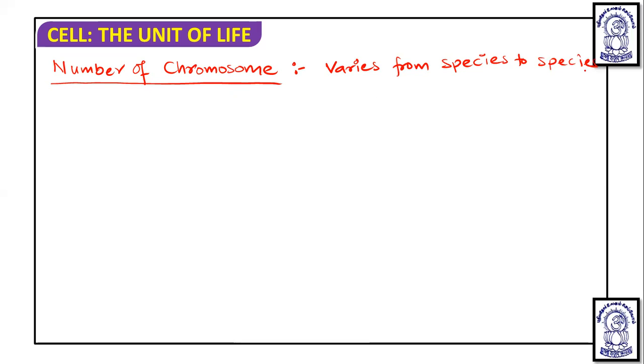It varies from species to species, but is fixed for a particular species. This means that if it is a Homo sapiens, we know there are 46 chromosomes, and in every individual of Homo sapiens there are going to be 46 chromosomes. So if we talk about the least chromosome number,